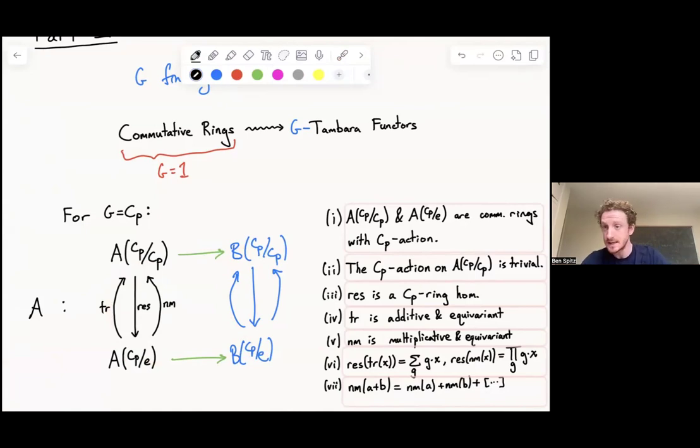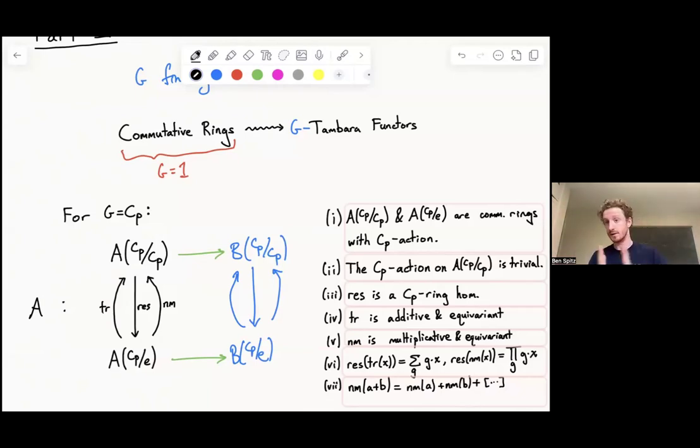For a general G Tambara functor, if G is any finite group, the story is basically the same. The axioms become more complicated and the data becomes very slightly more complicated. Instead of just having 2 commutative rings, I'm going to have 1 commutative ring for every subgroup of G. Whatever my group G is, I take the collection of subgroups of G and I have 1 commutative ring for each subgroup of G with some actions of various groups on those rings.